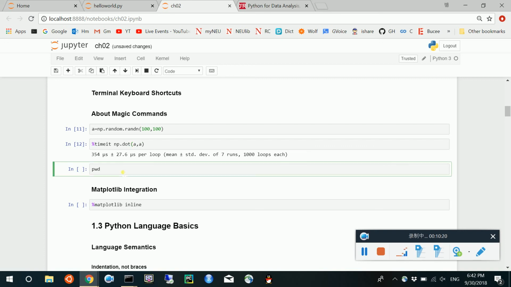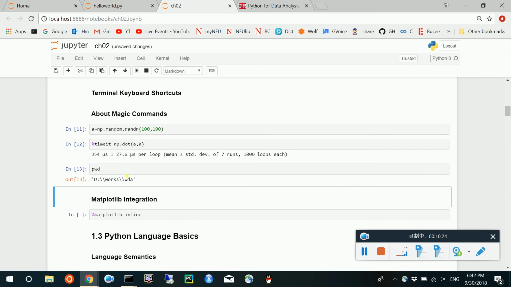And another command that I found very useful is the pwd command, which is similar to the command in the Linux system. So I will not talk about all the magic commands here, because this series of videos is focusing more on Python for data analysis, or equivalently the pandas package. So I don't want to spend much more time on irrelevant things about IPython. Even though IPython is a very good tool, I don't think all people will use it in their own development experience. So in this tutorial, I will just cover some basic commands that I found very useful. For example, this one is to test the code, and this one is for working with the